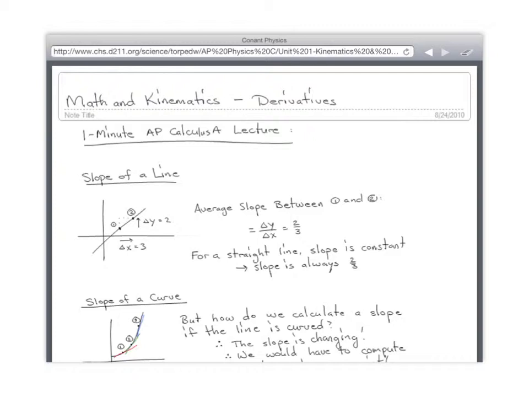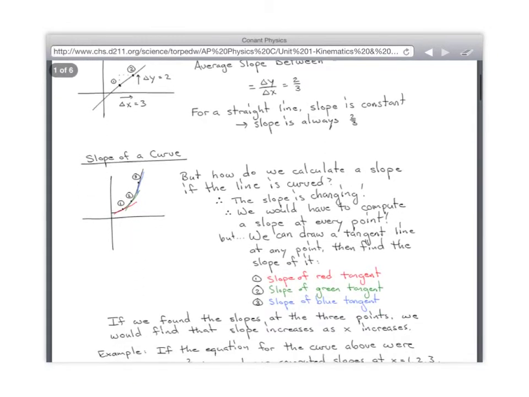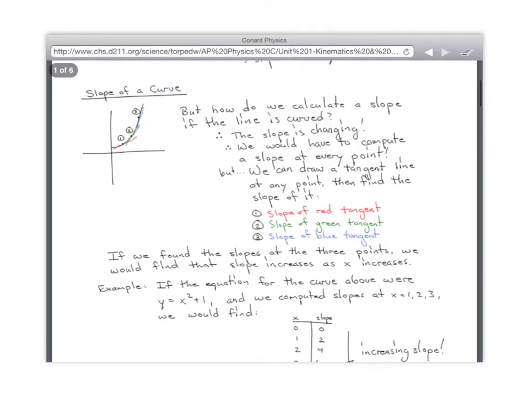Alright, so that's how you figure out the slope of a curve. So, let's see. It turns out if the equation of this particular graph that we have right here is y equals x squared plus 1, the slope at each of those points, x equals 1, x equals 2, and x equals 3, comes out to be 2, 4, and 6, which is nice. But how do you figure that out? Well,